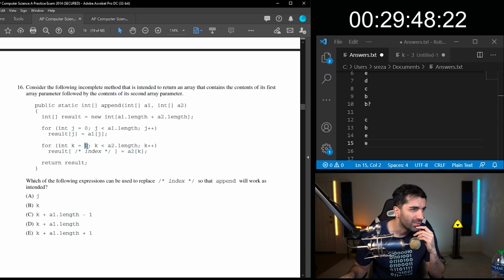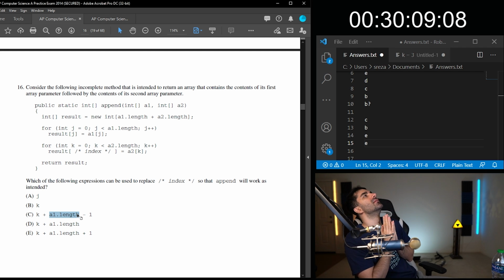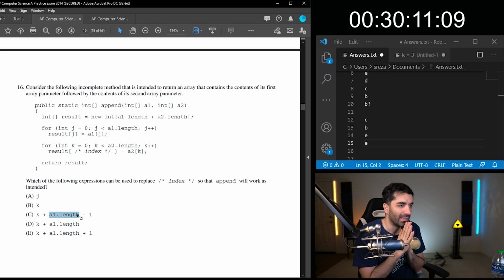No, because k is at 0, so you'd be overwriting it. So you want to do 0 plus k plus a1 dot length, because initially it'll be 0. I feel like it would be a1 dot length.